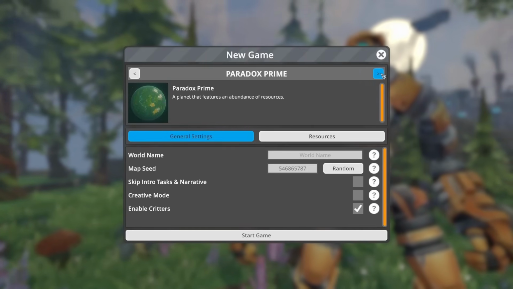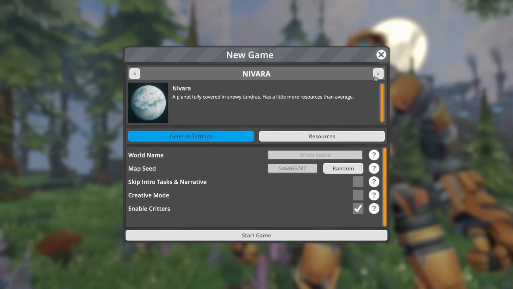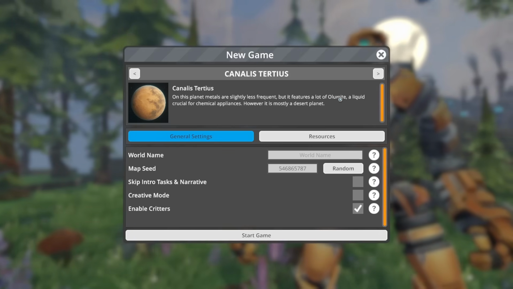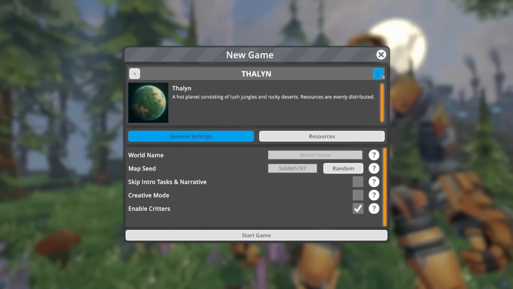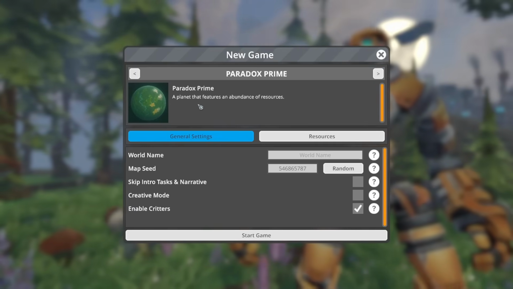So, planet features abundant resources, okay. Planet covered in snow, yeah. On this planet, metals are slightly less frequent, but it features a lot of olumite, liquid crucial for chemical, okay. A hot planet, a balanced planet in every way. Kind of keen on trying this one, a planet that features an abundance of resources, Paradox Prime, and it will